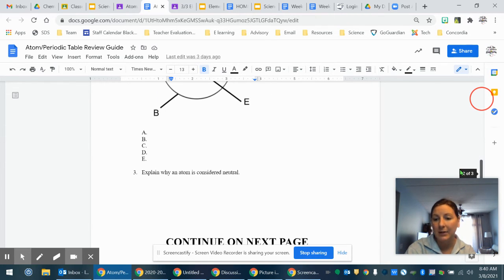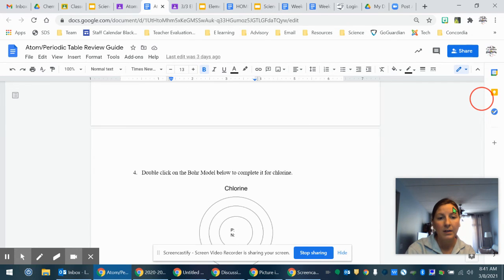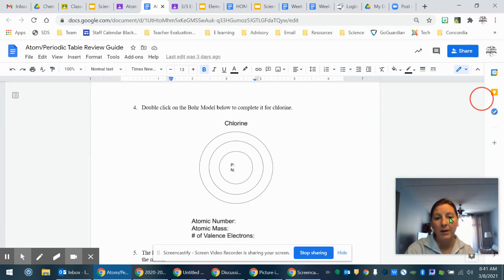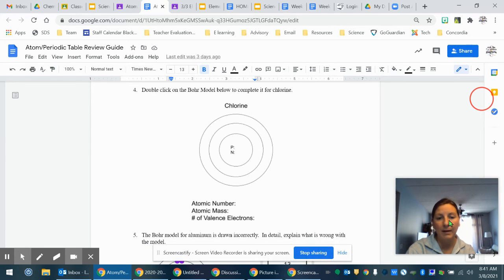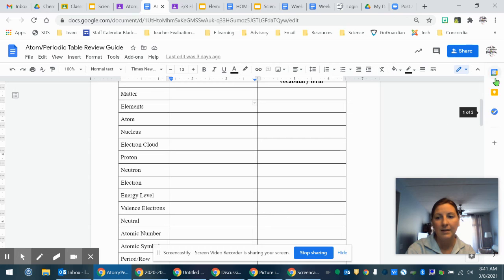Explain why an atom is considered neutral, meaning it is not positive and it is not negative. Then do the Bohr model for chlorine, protons, neutrons, atomic number, atomic mass. Place your electrons on the shells and how many valence electrons it has. And lastly,